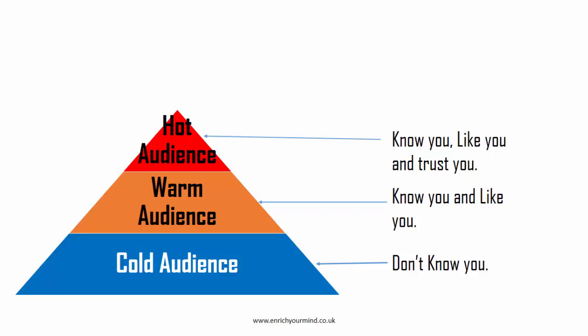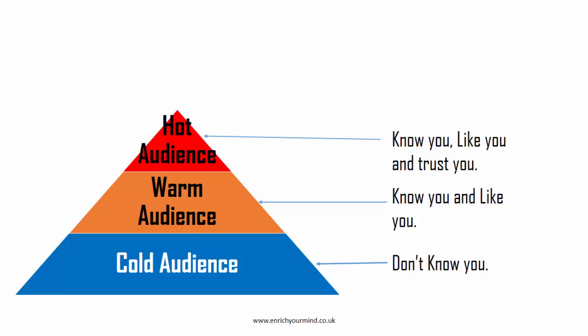Now, this is also a pyramid that I'd like you to take note of when it comes to marketing your book. There are three kinds of people you will meet: the cold audience, the warm audience, and the hot audience. Cold audience, they don't know you yet, right? And the warm audience is, they know you and they like you. They've heard your message and what your book is about, kind of know you're an author and you have great content. But what you really want to do is get people into the hot audience zone, which is people that know you, like you, trust you, and these are the people that are most likely to buy your book.